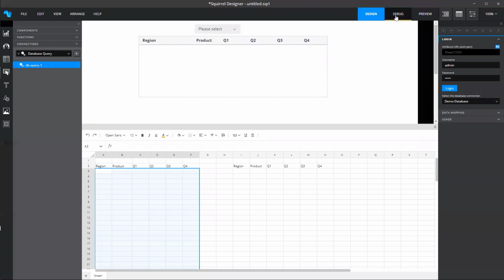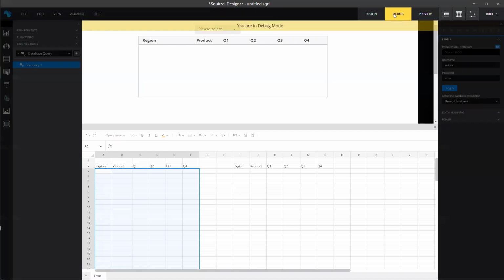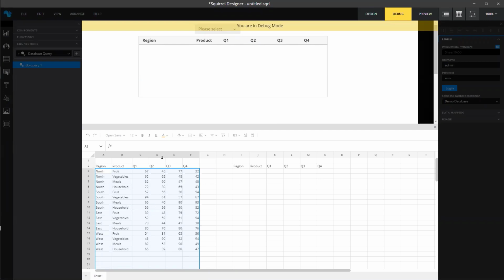If I click debug, it's going to run it, but with the model running in the dashboard. So this should fill with the data. So if I go here, then there I've got the data. So that's the result from the query. So I can now see the query without having to put extra tables on here to see my query results. I know what's going in here, but it's not filled here. And the reason is because I haven't got something selected in here. So I can select that. So now you can see that it's not only in my visualization that I'm seeing this, but I can see what's happening in my table down here.